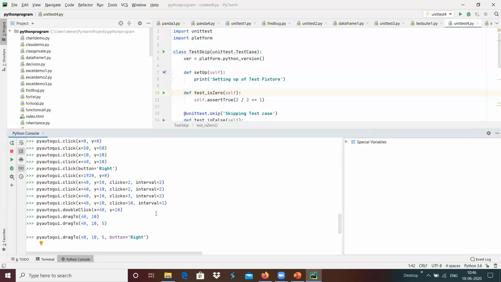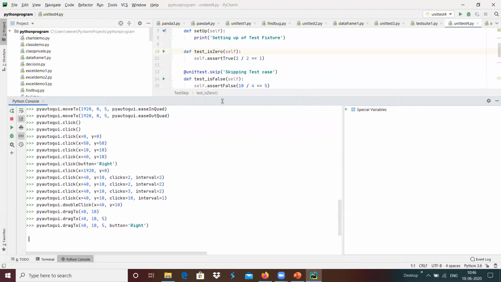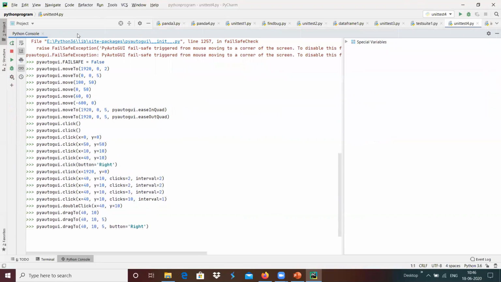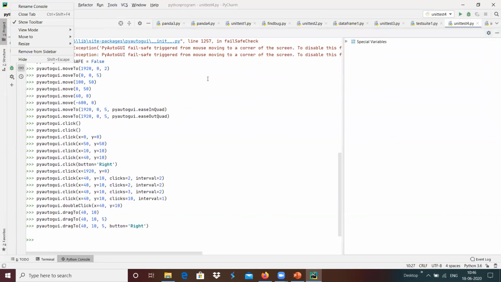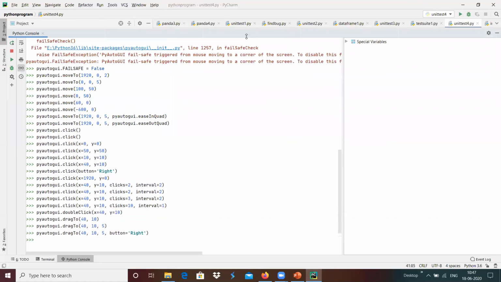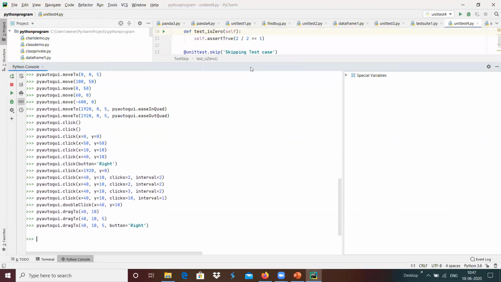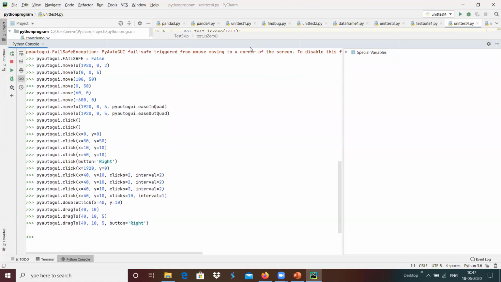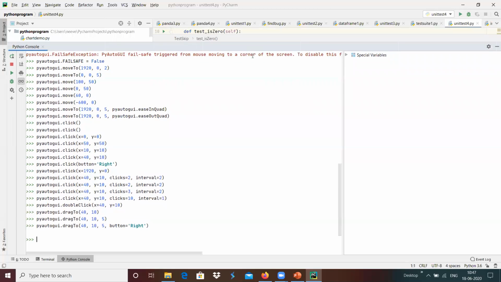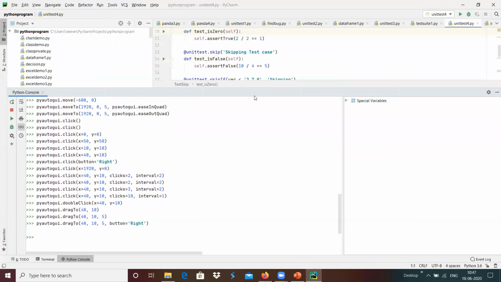If we want to use the right button, then it uses it accordingly. I'm going to use the right button now. Yeah, it moves to that location. It's dragging with the mouse while the button is pressed. The dragging is happening with the help of the drag to option over here.